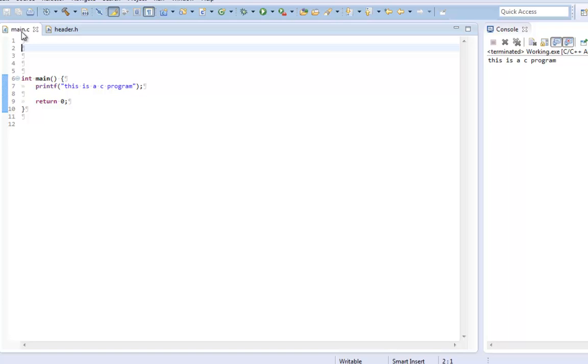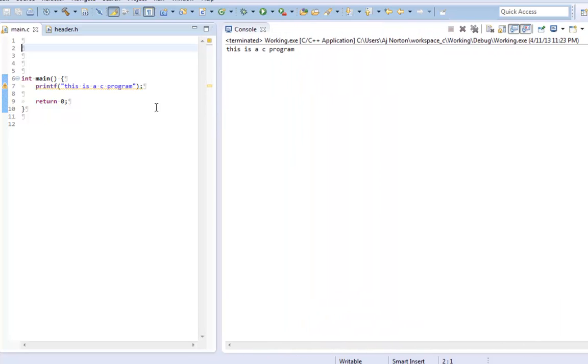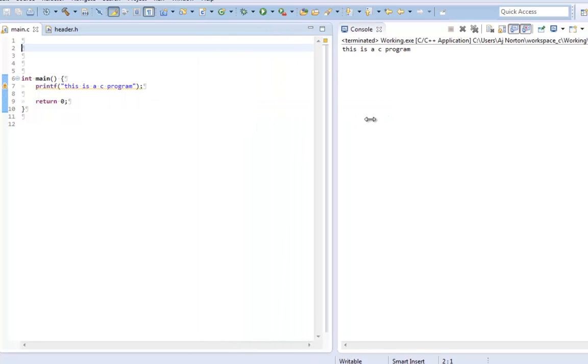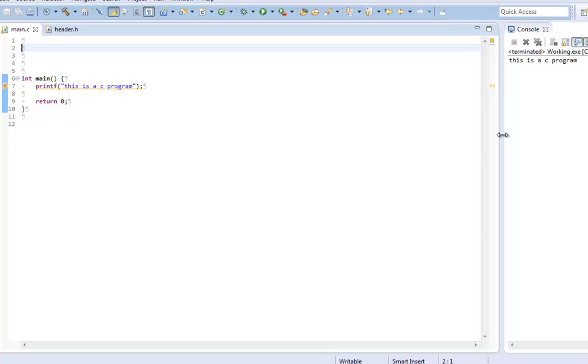So let me show you guys. I have a main.c file here, and it prints out "this is a C program." Now if I run it, it will print out "this is a C program," but I get a warning: implicit declaration of function printf. What this basically means is that it's still running, but I didn't include the standard input-output that I usually do,